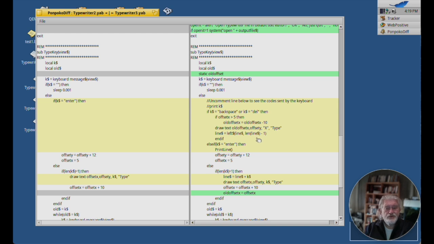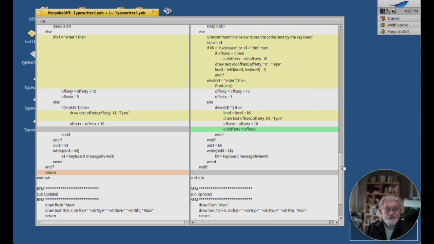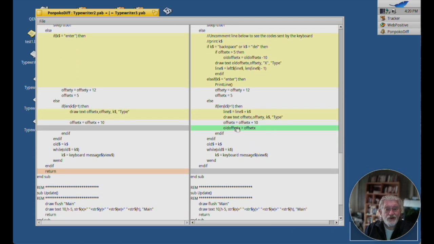And so you can do this several times, but since I use old offset X, not offset X, when you restart typing with your normal A, B, C, D, E, then it will start typing at the old, what shall we call it, cursor point. Right, then